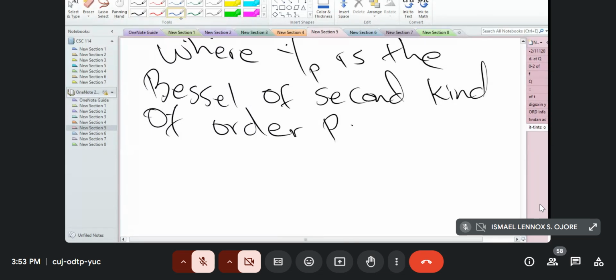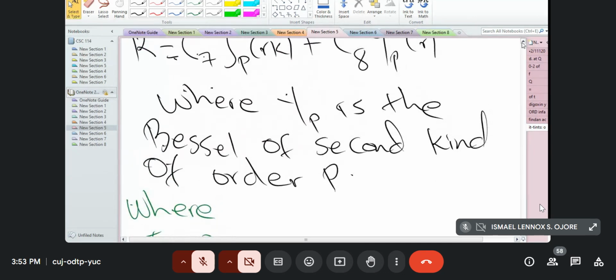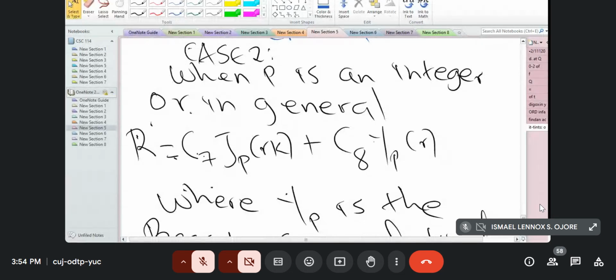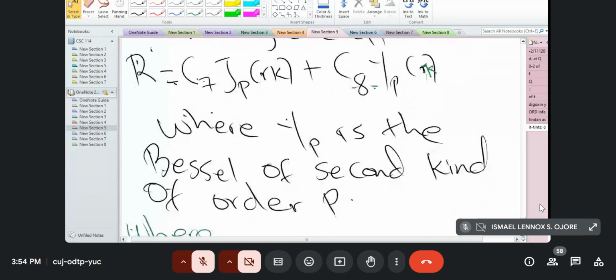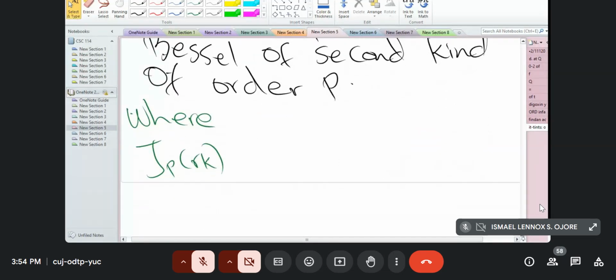We can give what Jp stands for. Jp of rk, Yp of rk, where Yp is the Bessel function of the second kind of order p. Jp of rk is given as,